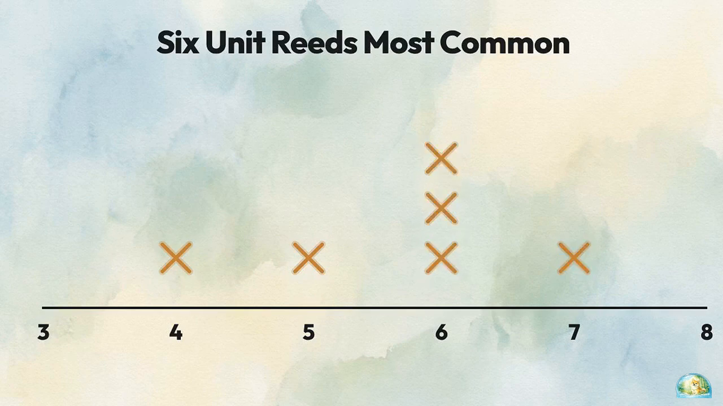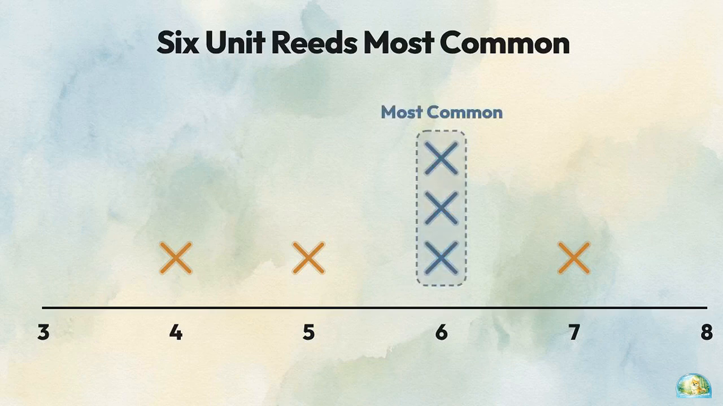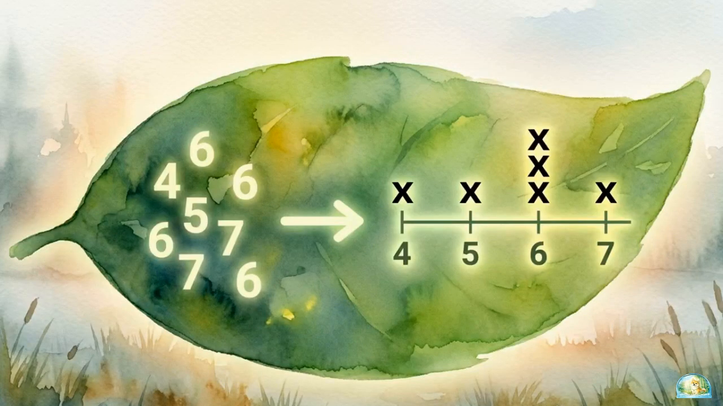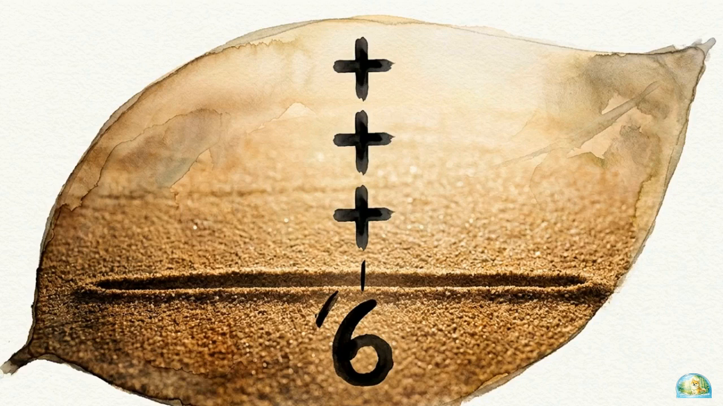To find the most common length, simply identify the tallest stack. The horizontal spread shows our exact span. The shortest reed was 4 units and the longest 7. The utility of the line plot is its ability to compress a chaotic pile of numbers into a single readable picture. To keep the data organized, measure each reed, find its length on the number line, and stack one X